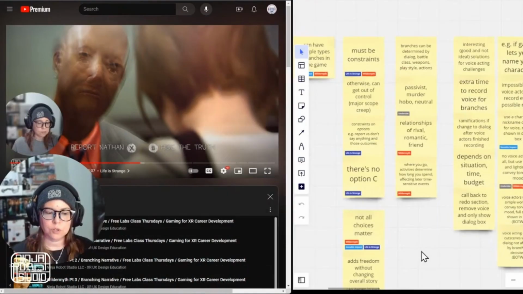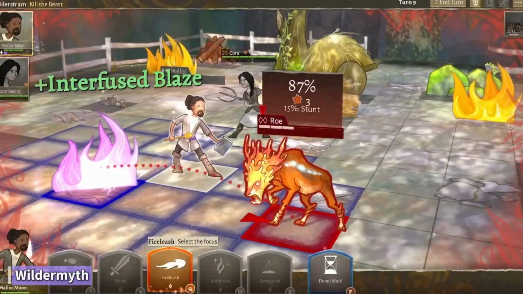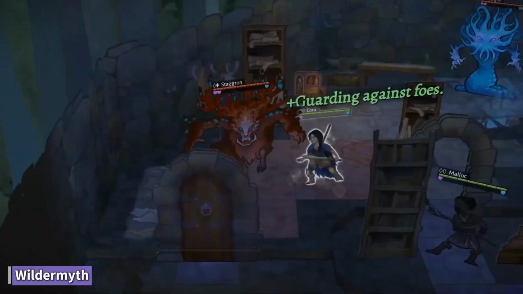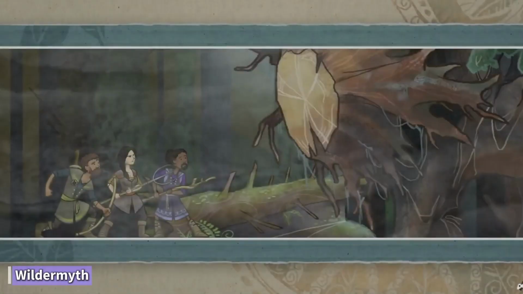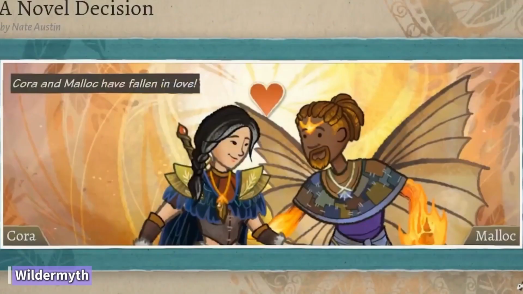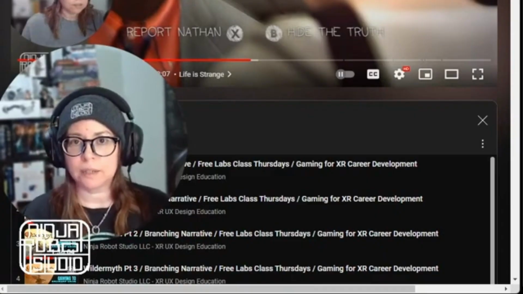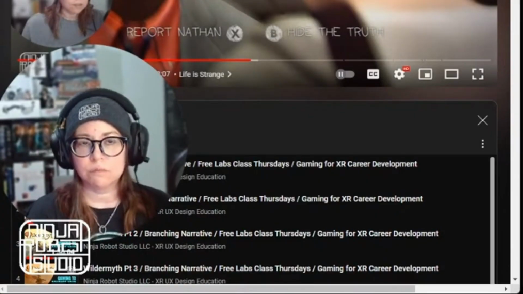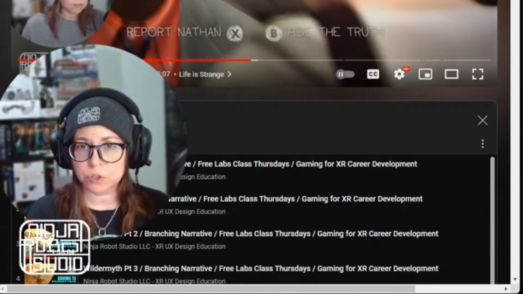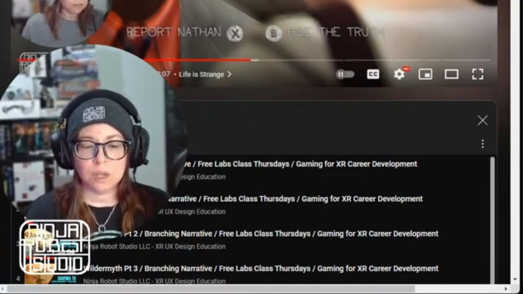We've also learned by playing these games that branches can be determined by dialogue, by battle class, by weapon choices, playstyle, actions, all kinds of things can be your decision points. In this case, it's dialogue. In other cases, like in Wildermyth, your choice of class and your choice of weapons and whether or not you decide to stay somewhere or move on, because that affects your time, which affects whether or not you can make it somewhere in time to do something. All kinds of ways that you could design your narrative to do that. It's up to the goals of the outcome of whatever experience you're doing, not just games, training or whatever, to figure this out.